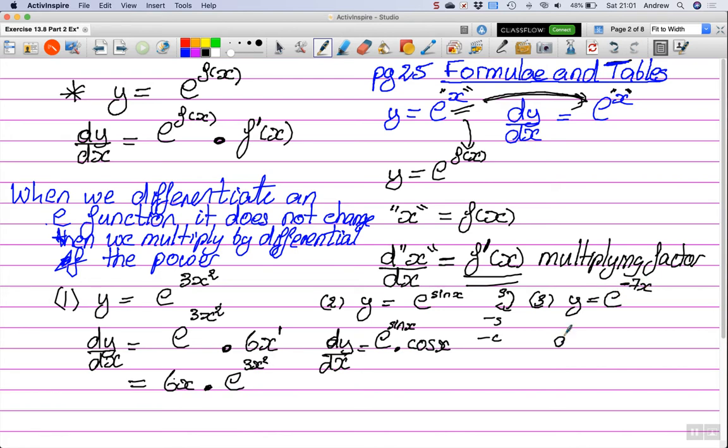When you differentiate this, the e function does not change, so it's becoming e to the minus 7x. It stays the same. And then we multiply by the differential of the power. And so what's the differential of minus 7x? Well, it's minus 7. Cut a few corners. We tend to just go straight to write it at the front rather than writing it at the end and then rewriting it. And that's the end of that part of